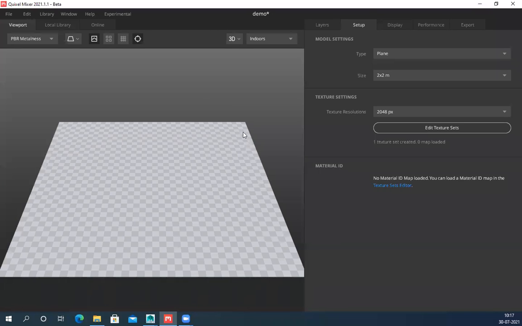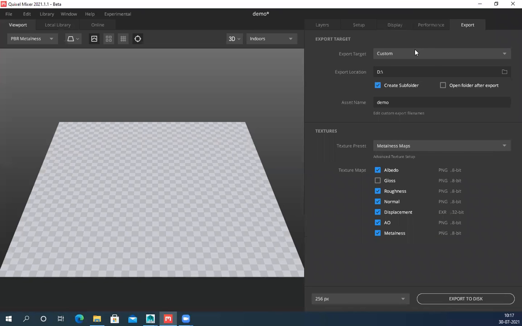Now I can see by default it opens this square. So I don't have to import my model here. It will give me a square already. Now I have to start texturing this. This is kind of like Substance Painter. This is your viewport. You have all these options: layer, setup, texture size, and what you want to use, plane, your custom model. You can use your own custom models or some 3D asset from Quixel Bridge or some shaded ball sphere. A plane is more than enough, and all these things do not need to be modified.